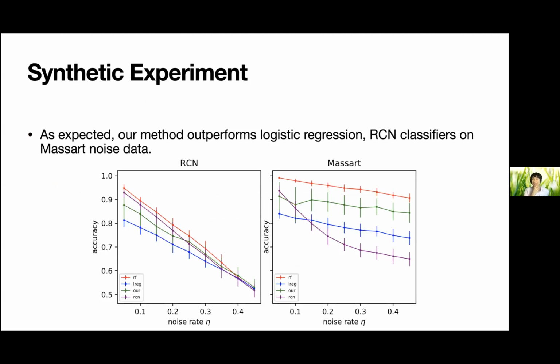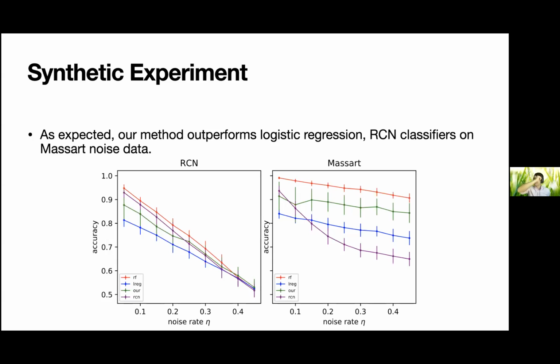Yeah, so okay, this part is not so surprising. We already proved that logistic regression, which is based on minimizing a convex loss, or minimizing the leaky ReLU loss, which basically works for random classification noise, can't work with Massart noise. And if you do experiments, you can confirm this.